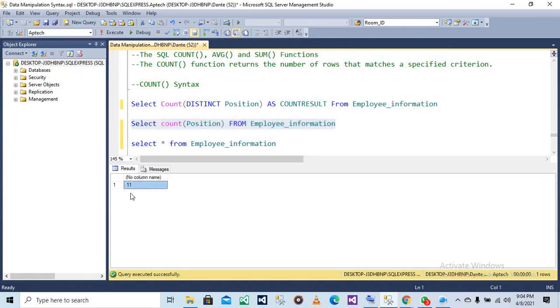It's counting all the positions in the table, but this one is counting all the positions in the table without repetition. So you can see it's not counting accountant more than once. It's just counting all the positions without any repetition.